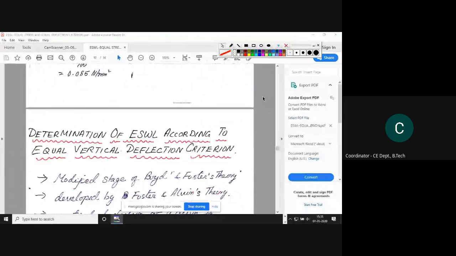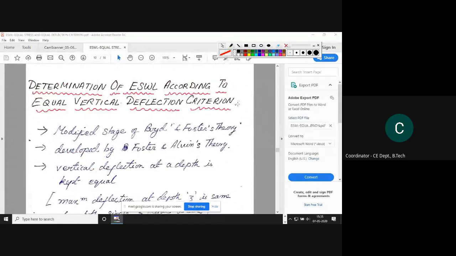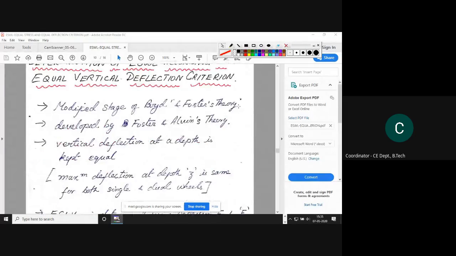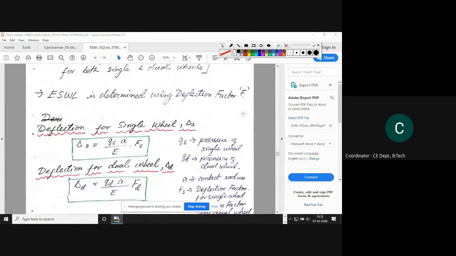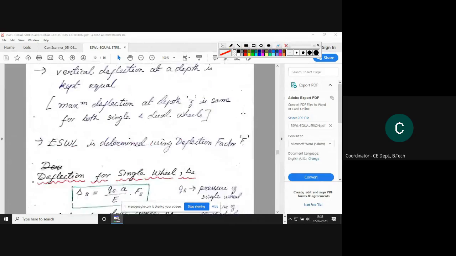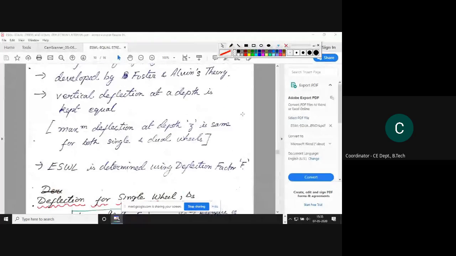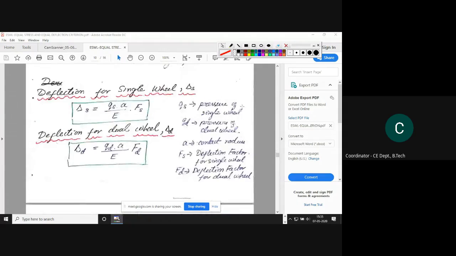Now, similar topic. Okay, that was your equal stress. Now this is your equal deflection. Same procedure, same method. Only the difference is that we have to find your deflection factor. There we found stress factor sigma z by q into 100. Now here with using the chart we will find deflection factor. Okay. As we all know, this is your Burmister. We have already used this equation, right? In Boussinesq's equation or in Burmister equation, right?